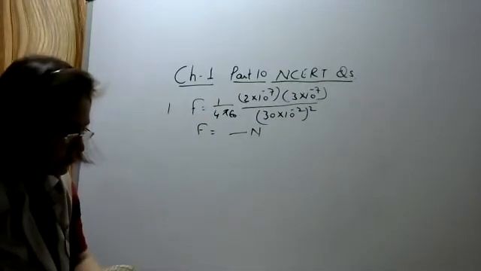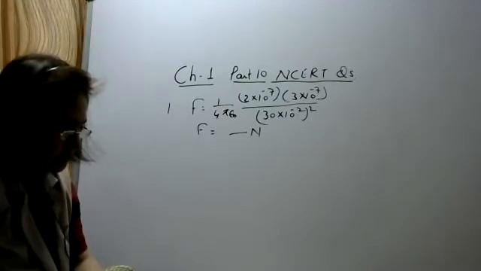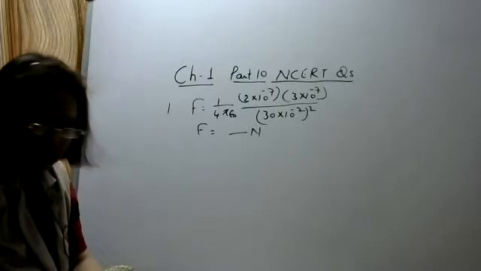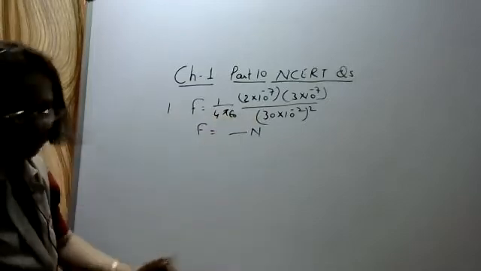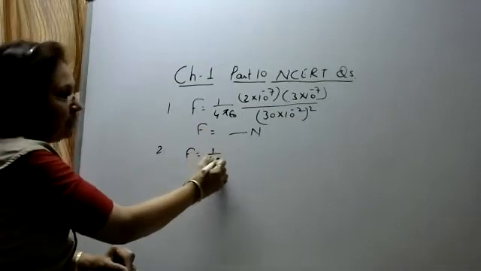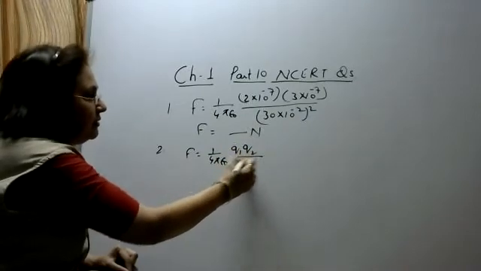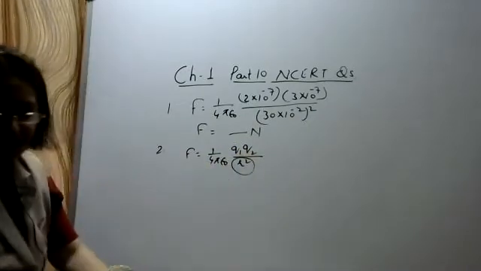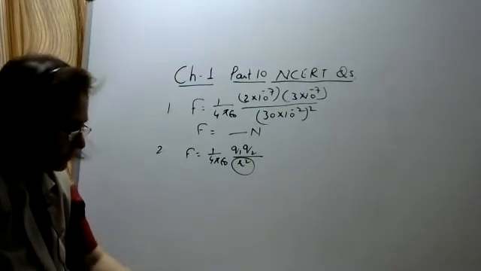Question number 2: the electrostatic force on a small sphere of charge 0.4 microcoulomb due to another small sphere of charge minus 0.8 microcoulomb in air is 0.2 Newton. What is the distance between the two spheres? Again, by using the same formula. Here force is given, you have to find out R. 1 upon 4 pi epsilon naught has a value 9 into 10 raised to the power 9. Q1 and Q2 both are given. This R you have to determine. All values are given, so I think you can find it.